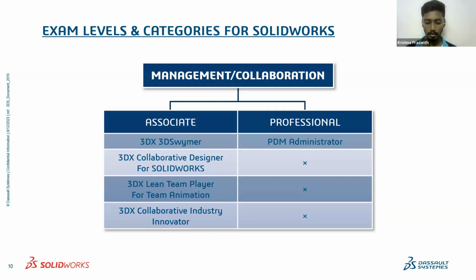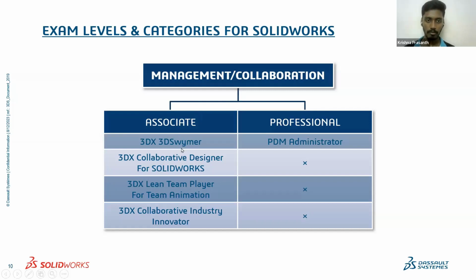Because I'm a student, I won't mostly be working with the revision of the design. So if we design a part, we will be projecting, and if we are doing a project, we will be doing 2 to 3 revisions, right? But if it is going to a big company, there will be a huge amount of data where we need to maintain everything, right? So this is the part in which the management of collaboration tools will be working.